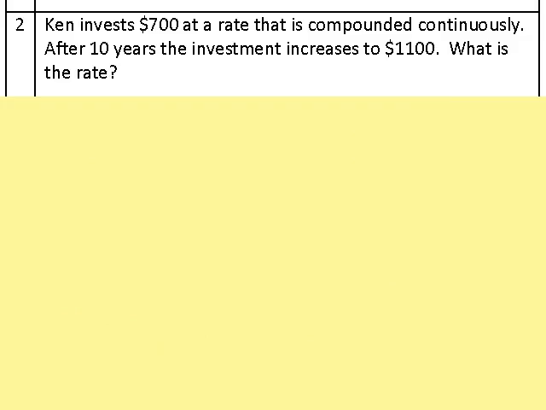Here again, we're going to use our formula for compounding continuously. This time it says Ken invests $700 at a rate that is compounded continuously. After 10 years, the investment increases to 1,100. What is the rate? So this time we want to solve for r. So again, formula A equals P e to the RT. Let's fill it in. $700 is invested, and the time period is 10 years, and the investment increases to